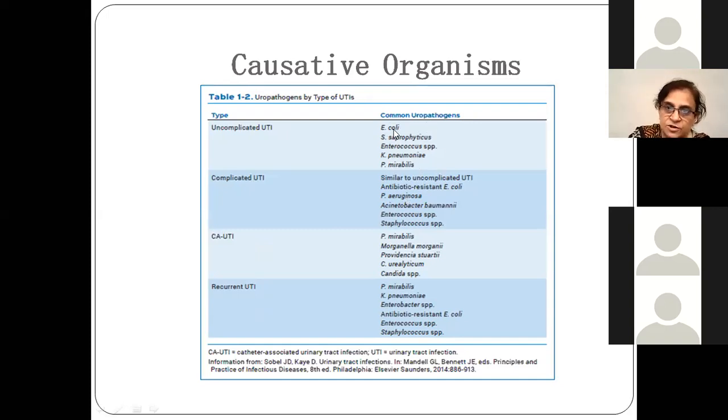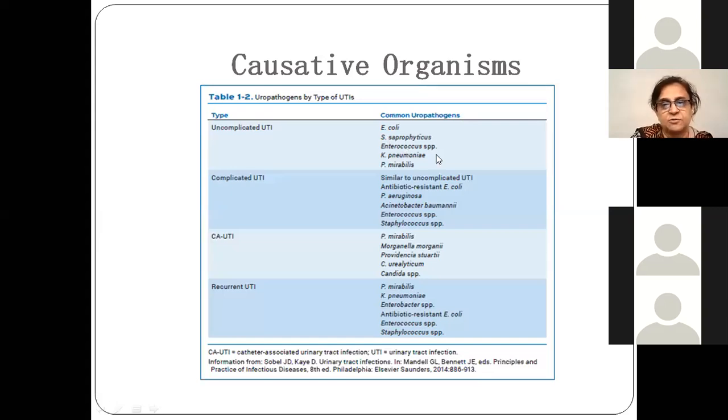First and foremost is E. coli, the most common organism which causes urinary tract infection. Here they have labeled it with uncomplicated UTI, but in complicated UTI, the organisms are similar to uncomplicated UTI, and over here also E. coli is the first, the foremost. So in all these cases, the most common organism which can cause urinary tract infection is E. coli. After E. coli, there is